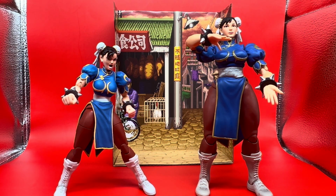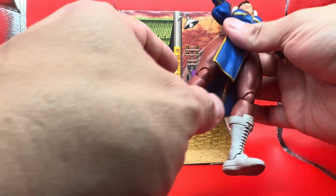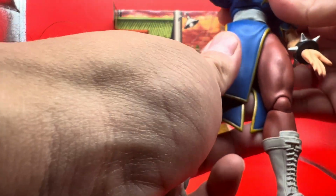All right, here's the side-by-side comparison of the Chun-Li. Now, this Chun-Li is not from Storm Collectibles. It's not the Super Street Fighter one. It is the Street Fighter 5 version, so it's kind of hard to compare when it's not the same. But for me, I really like the way the Jada one looks. I do like the Street Fighter 5 Storm Collectibles version, but I don't know. Maybe the colors are nicer, or I don't know what it is, but this one is a cool one,